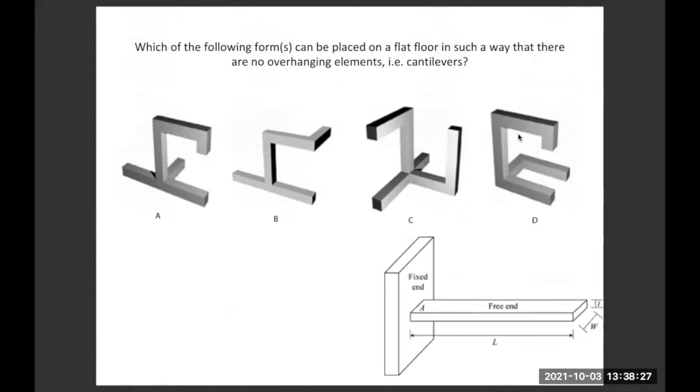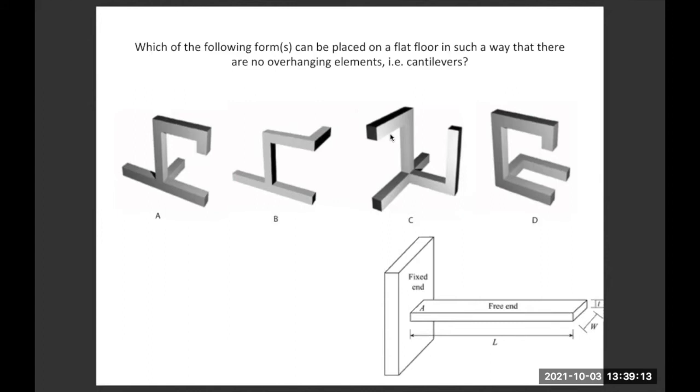So you are given these various frames. And you can rotate them, and there is a possibility that when you rotate them, there are no overhanging elements seen in these various frames. Overhang elements means they are fixed, they are supported from one end, like you see here in this diagram. Overhangs are supported from one end, but their other end is free. It's projected and it's free. It's not supported. One end is fixed in these overhangs, and the other end is not supported here.